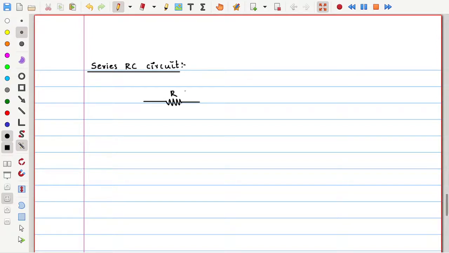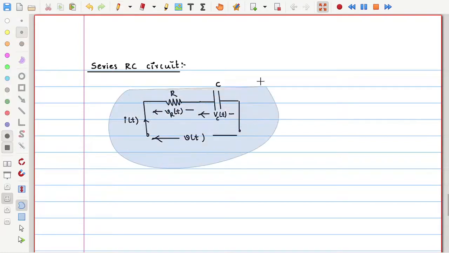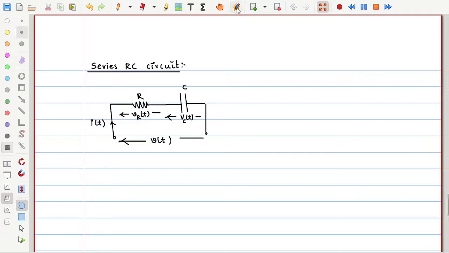That is R. Directly I am going with the phasor domain. So we have, or let me take one more step, no issue. So we have C. So let me use the time domain expressions as V of t, I of t, and V R of t, and V C of t, means voltage across the capacitor, whose capacitance value is C. So now if I will go with the phasor equivalent of this, I will write these things as R and capacitance.